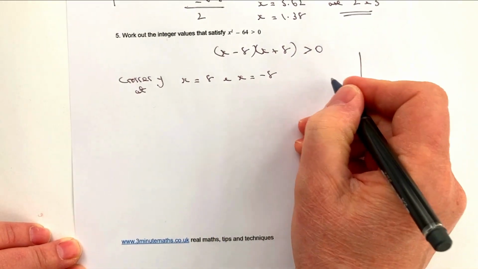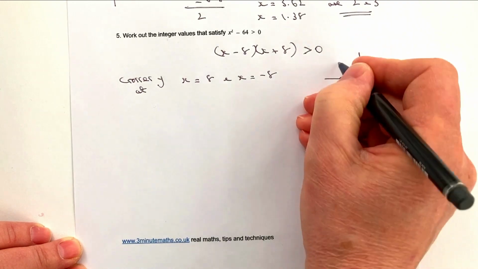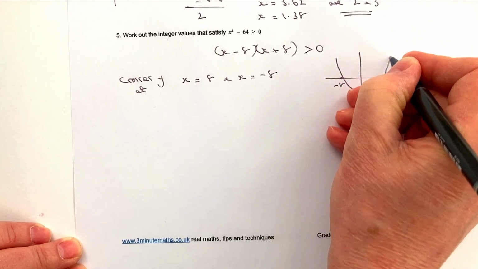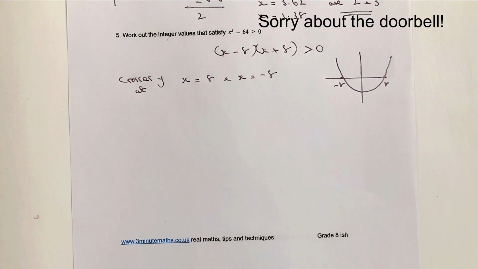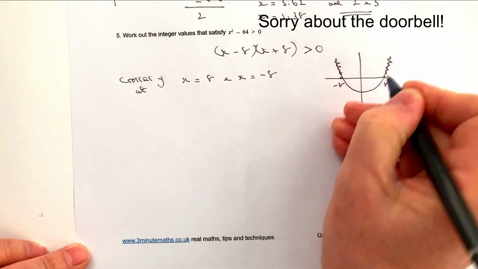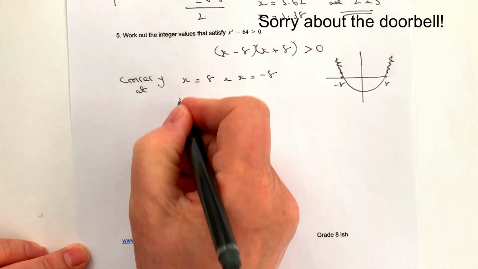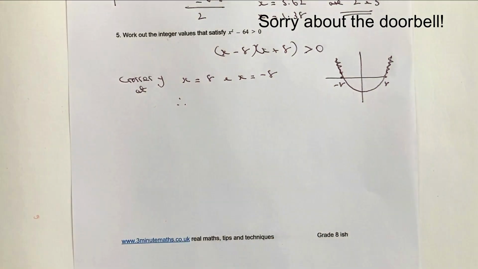If I drew a little sketch, I've got minus 8, I've got plus 8, it's going to come something like that. The values of x are greater than 0, so it's going to be any of these values here. So therefore the inequality is going to be,